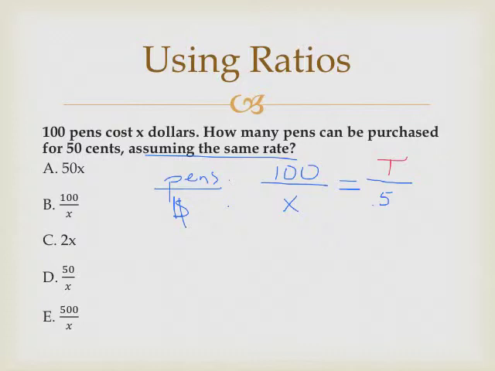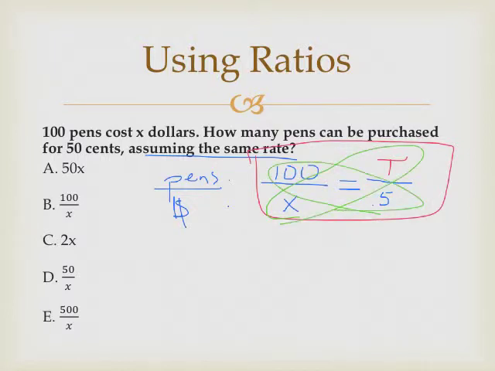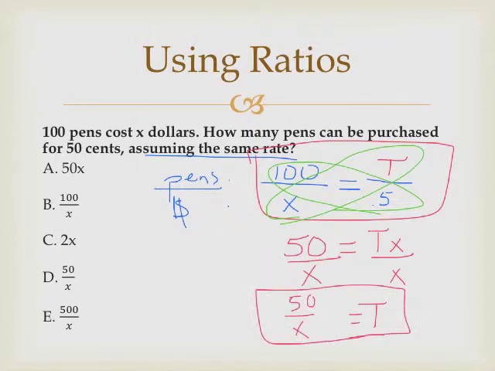And so now what I've created is two equivalent ratios, two equal fractions. And a good thing you can do when you have two equal fractions is cross multiply, which means I can multiply across these diagonals. So I get 100 times 0.5, or 1/2 of 100 is 50, and that's equal to my total times x. And so to get my total, I just divide by x, and I get my total is equal to 50 over x, which means that I can buy 50 over x pens